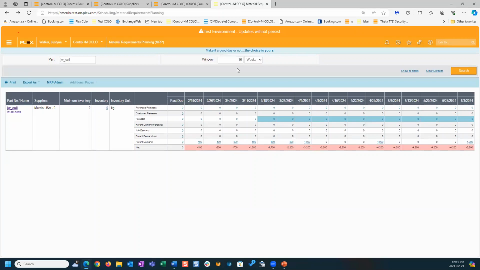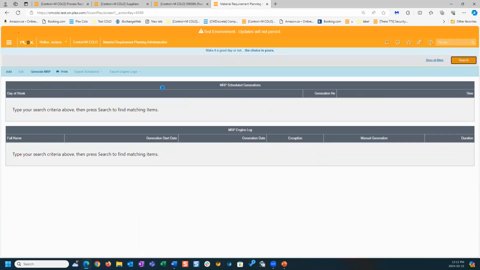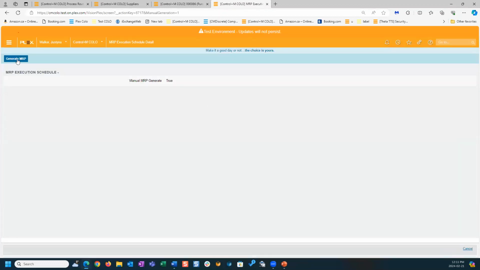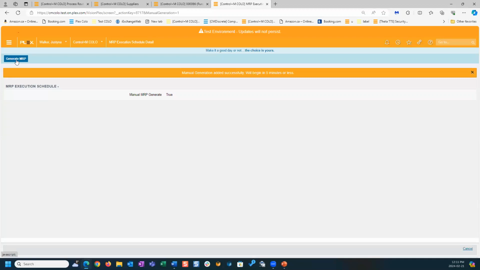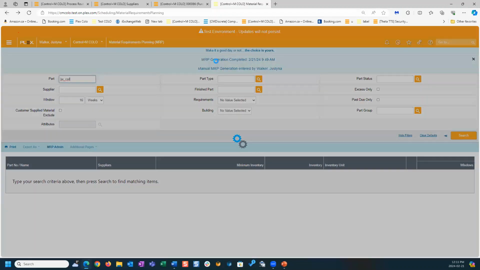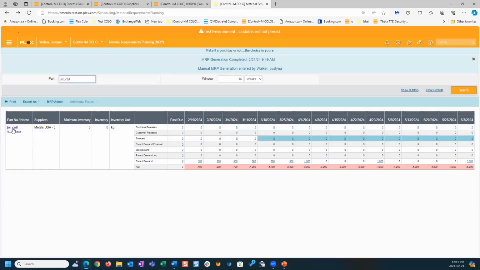Now in MRP, going to manually generate MRP. In test, you can test it by manually generating MRP. In live, it's the nightly generate that will do this. So while that is running, it's in process right now, I'm going to jump into the recommendation screen and